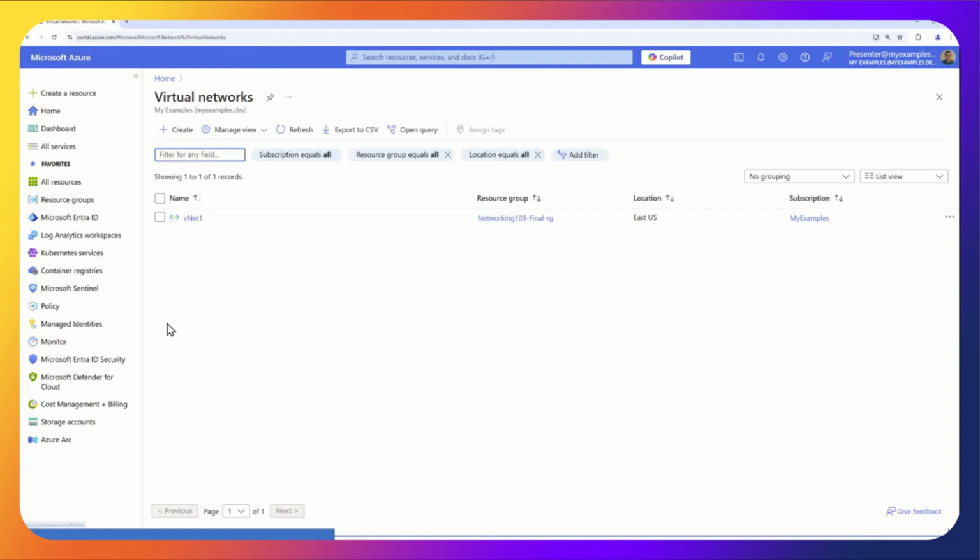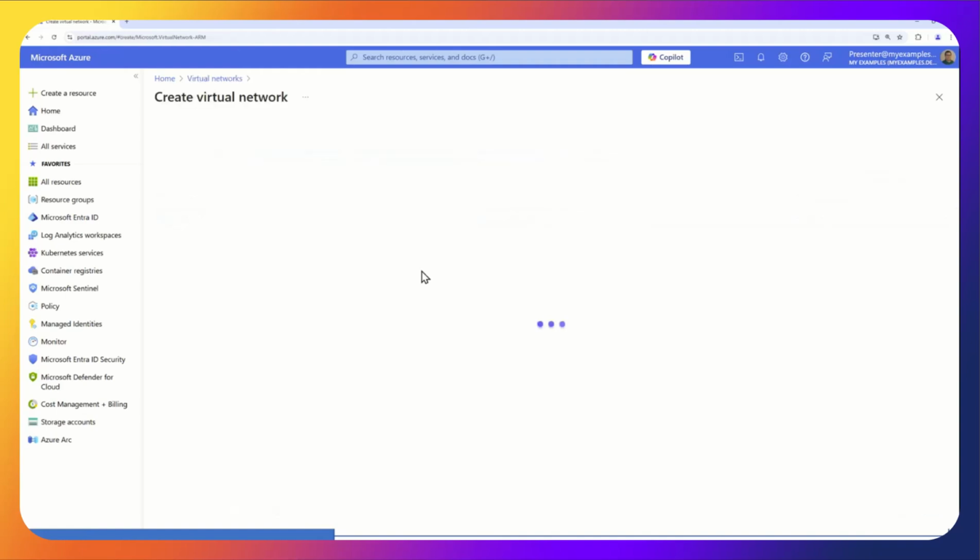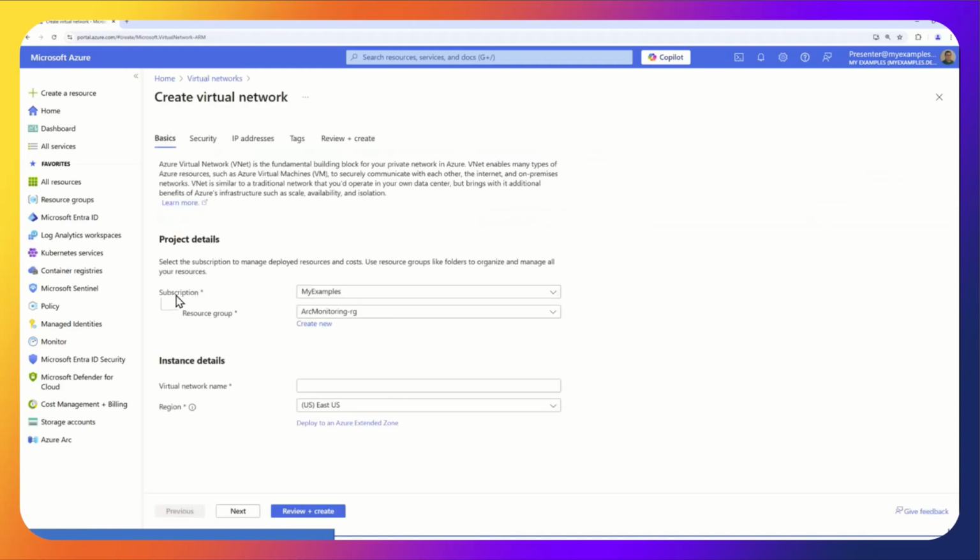But whenever you create a resource, you'll see a dashboard very similar to this, and then you just click create. So it follows the same flow. I have one or more subscriptions. Here I only have one. Mine's called My Examples. Yours may be pay as you go. You can actually rename your subscription, and that's what I did here.